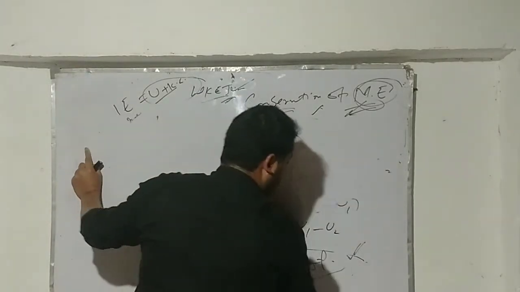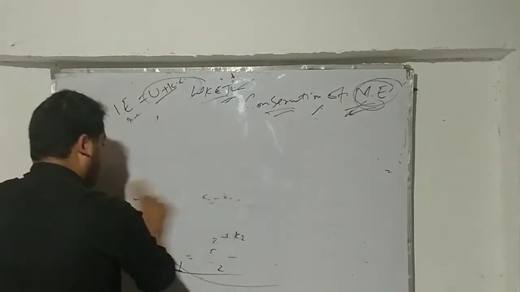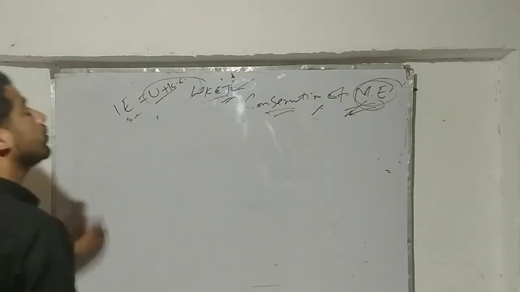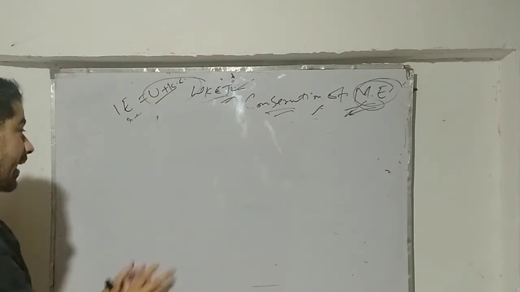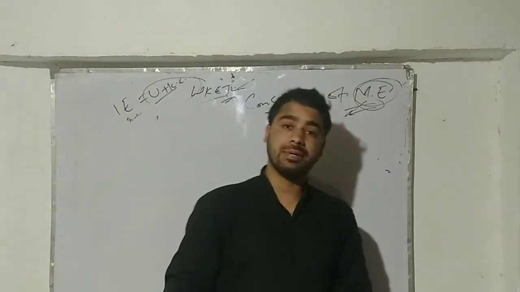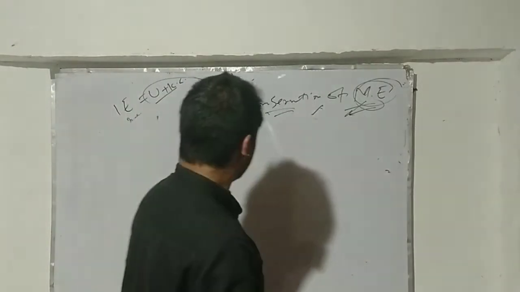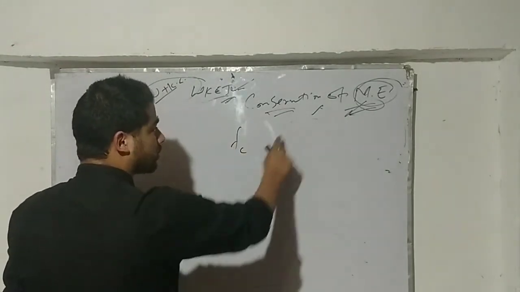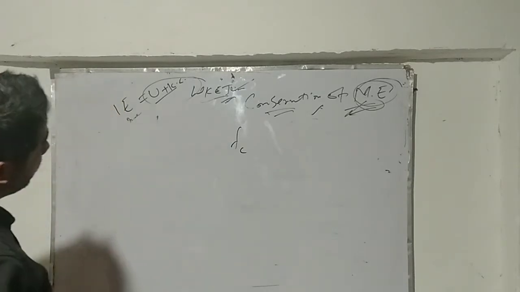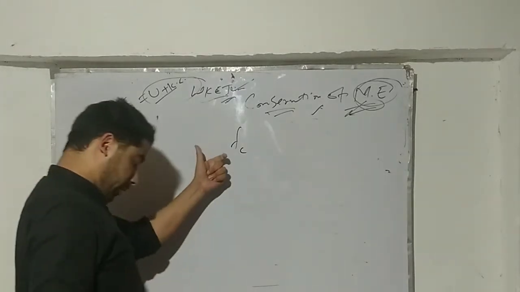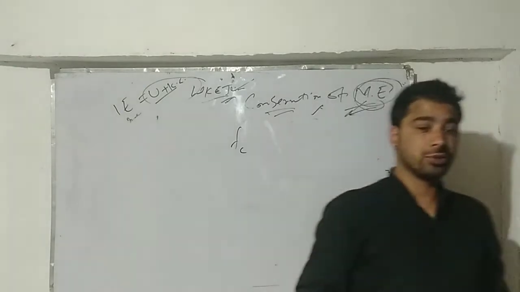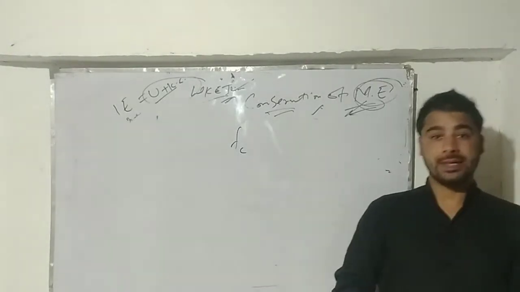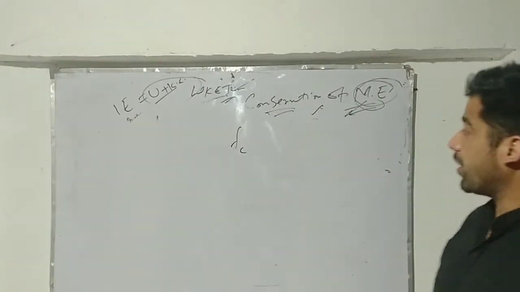So we got an important statement right now: if the total mechanical energy for a given system is going to be conserved, then the forces which act on the system must be conservative in nature, okay? Conservative forces are called so by name because they conserve the total mechanical energy of a particle. It's the right moment to focus on the name of this force and why it's called conservative: it conserves the total mechanical energy of a particle, okay?